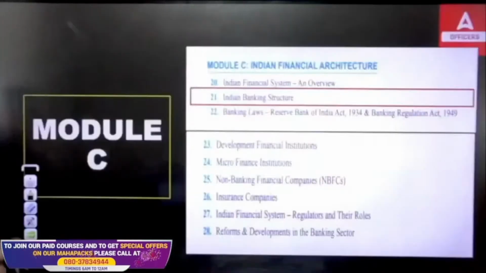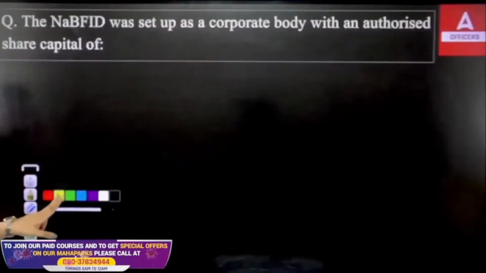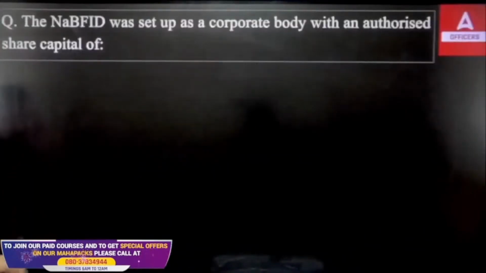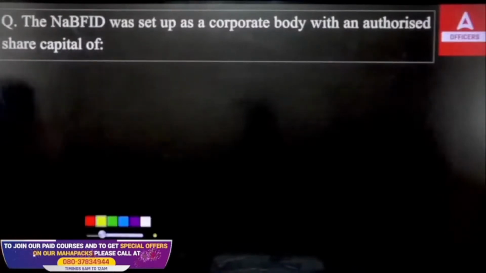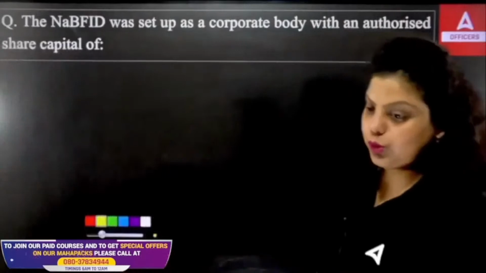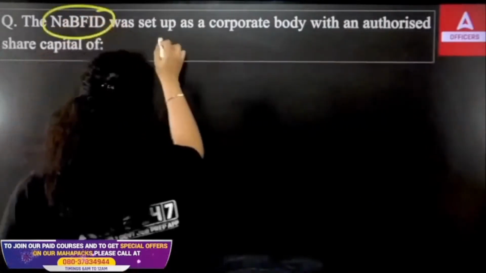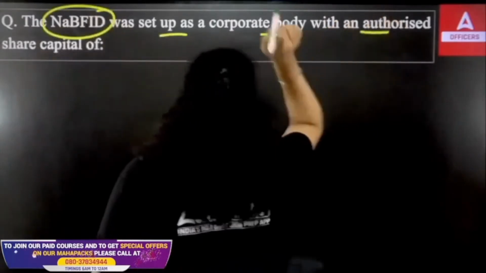Now I hope I have covered most things here in the form of theory, a kind of introduction of the chapter. Now let's move forward and talk about the questions, and we will discuss the rest of the chapter in the form of MCQs. Okay. So the first question is: the NABFID was set up as a corporate body with an authorized share